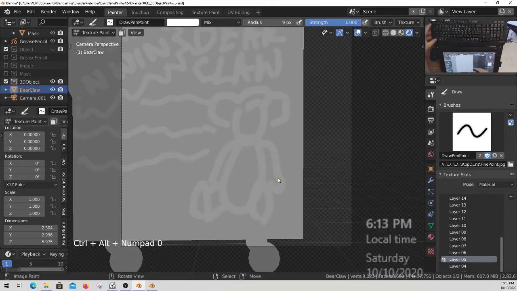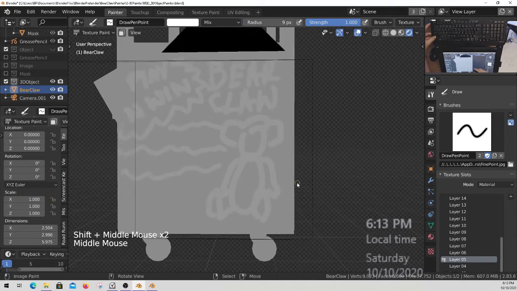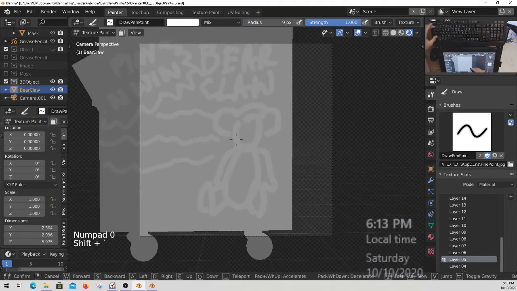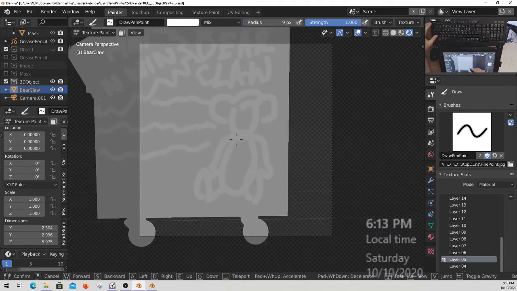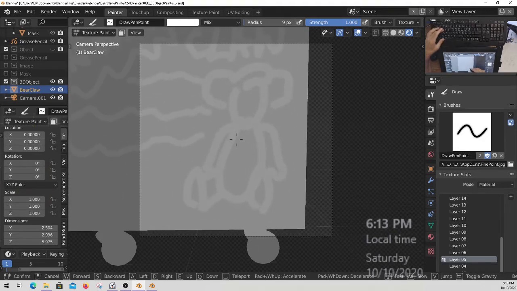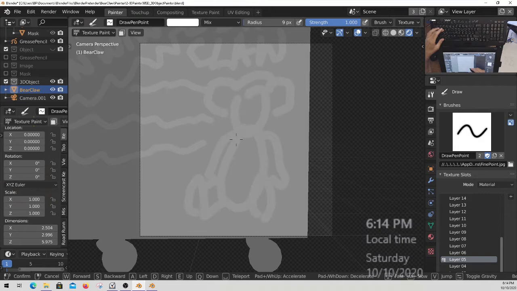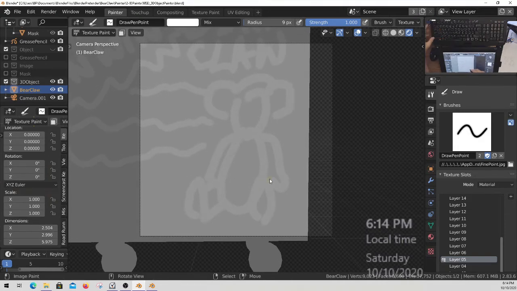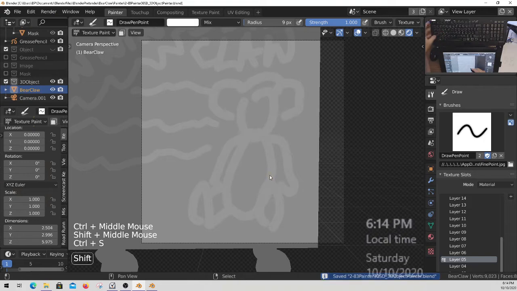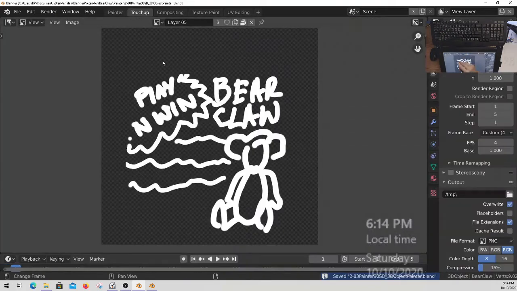Control Alt 0. All right, here's the camera. Let me go 0 again. Shift tilde. I'm going to put the camera right around there and see how it goes. Control Save. And what I'm going to do is I'm going to go to what I call the touch up,